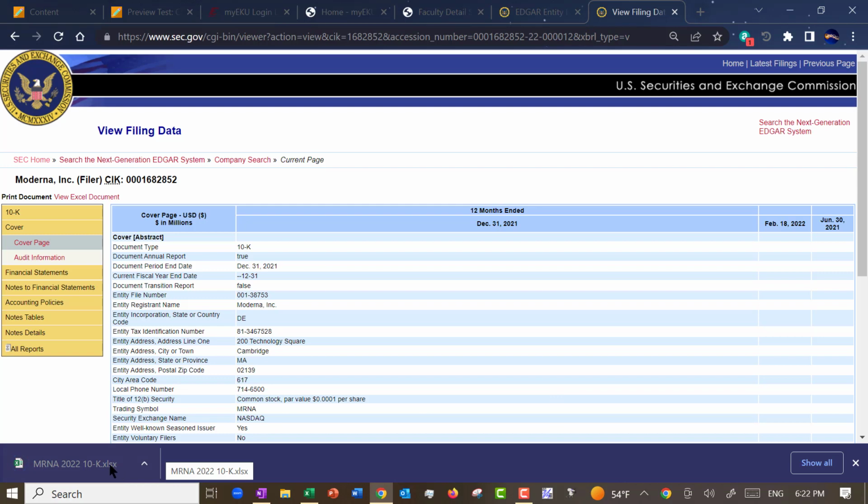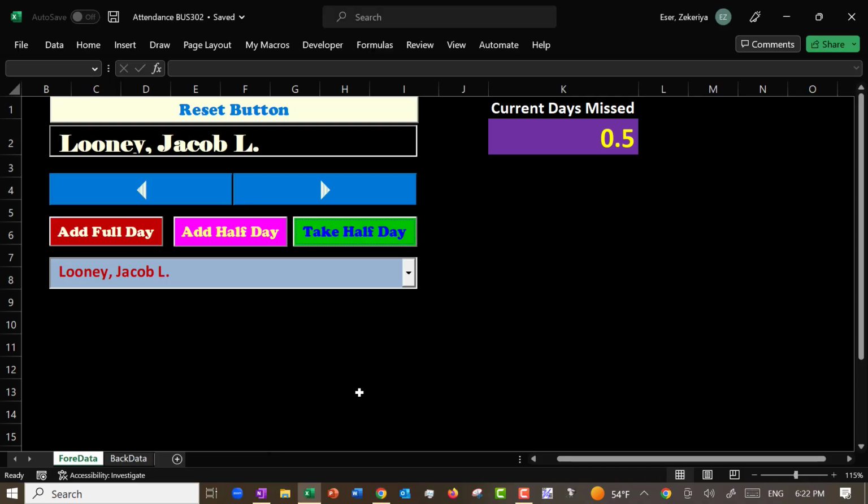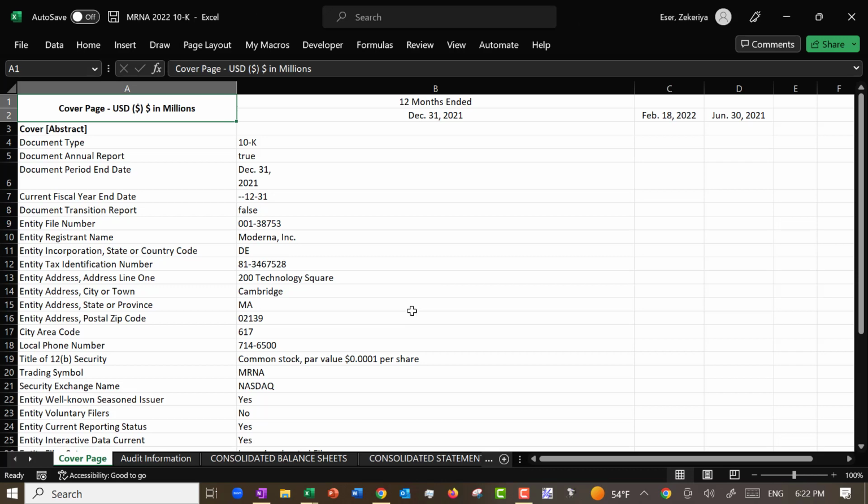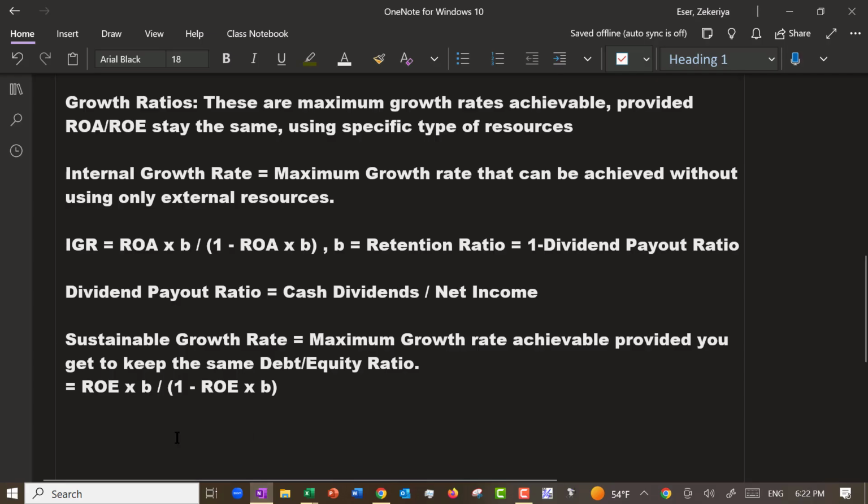By the way, these do not mean that firms are going to grow at that rate. That assumes that things are going to remain the same. Okay, let's see. So for Moderna, ticker mRNA,